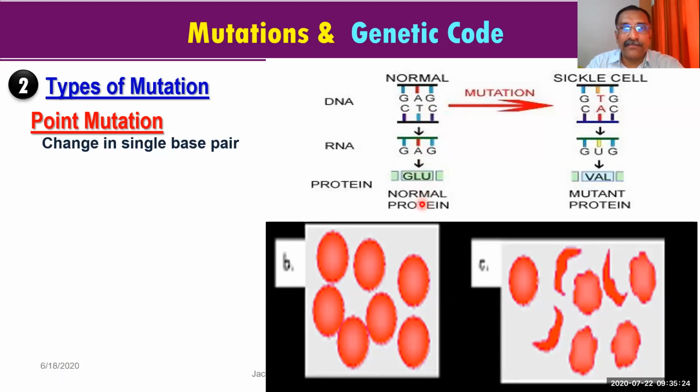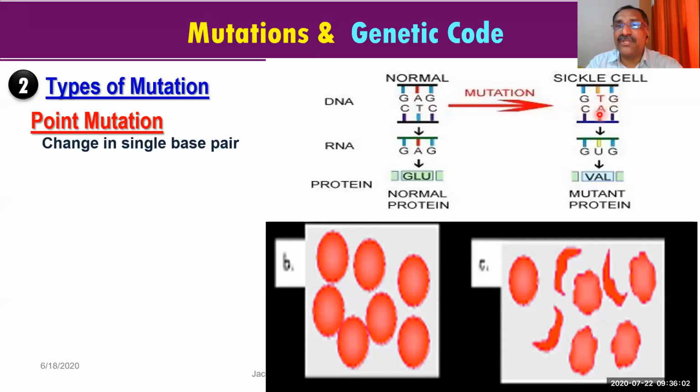and that is synthesizing a normal protein. But when mutation occurs, now look at here, come here, see the sequence over here. What change do you observe here? Please write there in the chat box what change occurs. What change do you see over here? Yes, the A is replaced by T. That means the A has disappeared, and in place of A, the T has come. Now it is G, T, G.